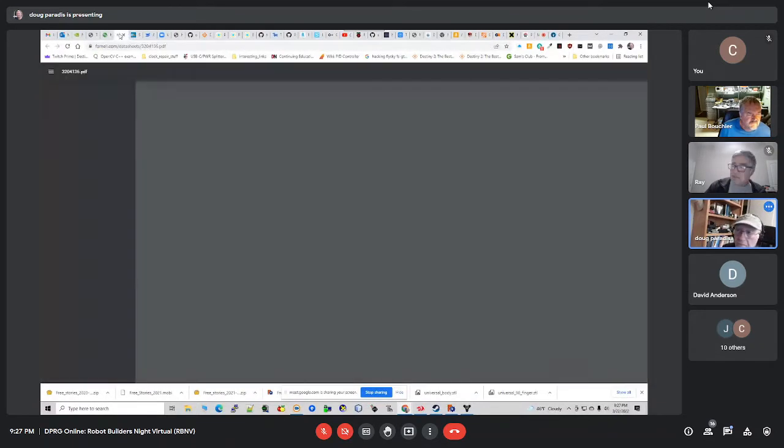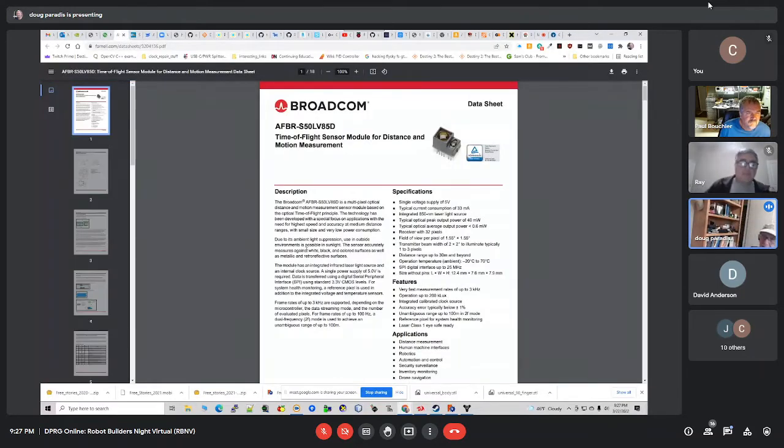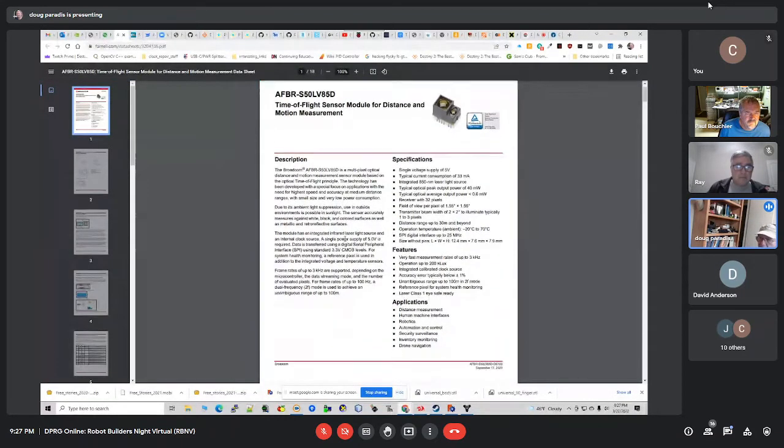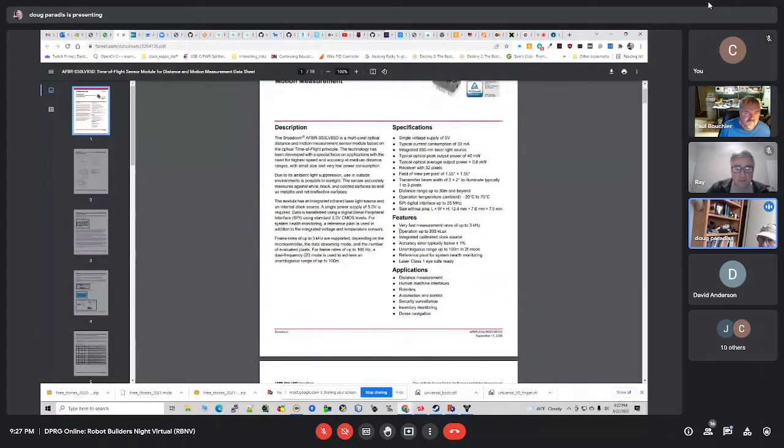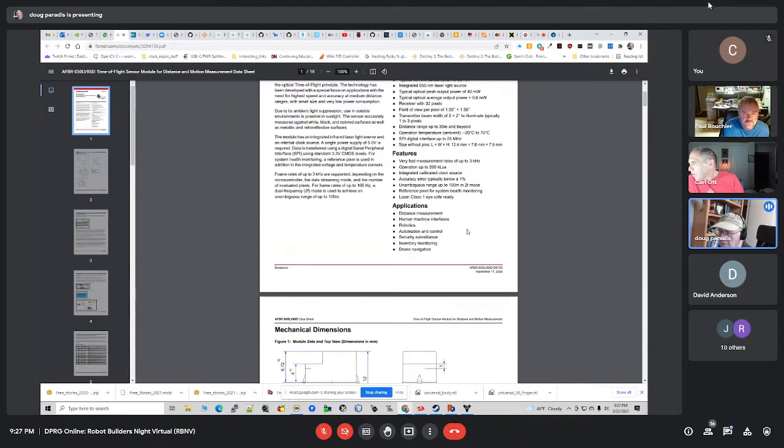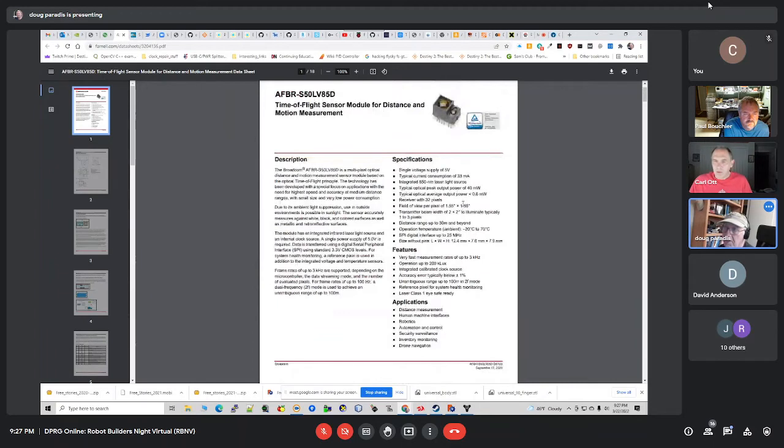And if you take a look at its specs, there's a couple of things here that are really kind of exciting. It says operation up to 200 kilolux. That probably will be able to do in bright sunlight. And it has a range up to, I believe, 20 meters at a reasonable speed. So anyway, you might want to take a look at the